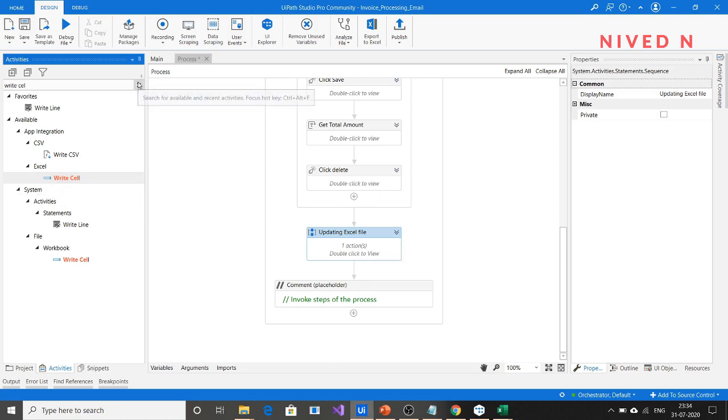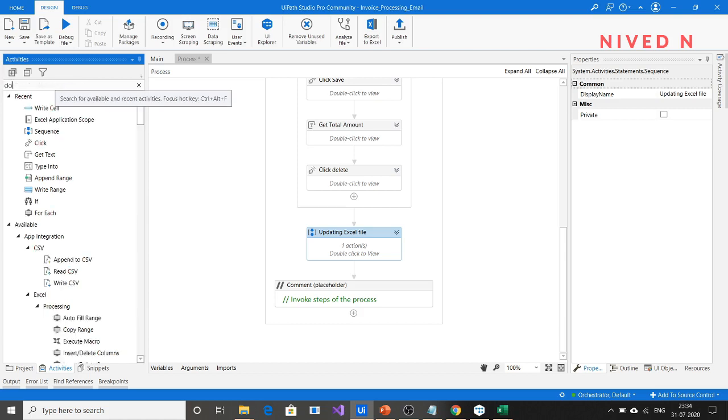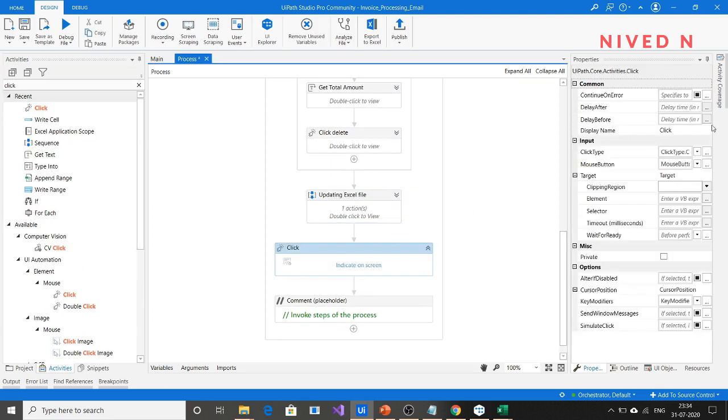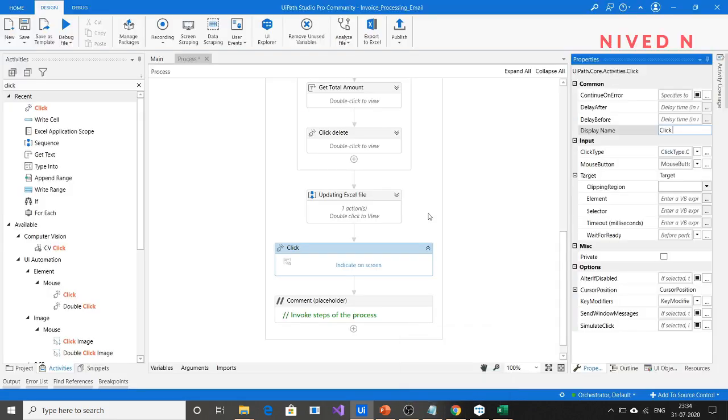just at the last step, you can specify a click activity to click on add invoice, so that for the next transaction it will actually direct to the page where we want to type the data for creating the invoice. For that just go to click and then use click, let me check, add new invoice, give it a name,